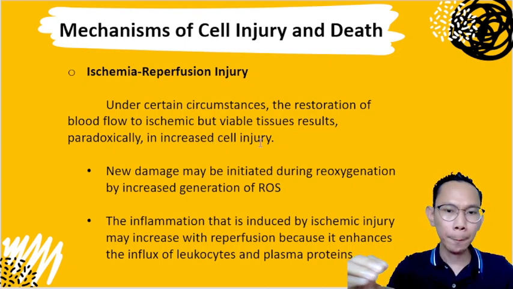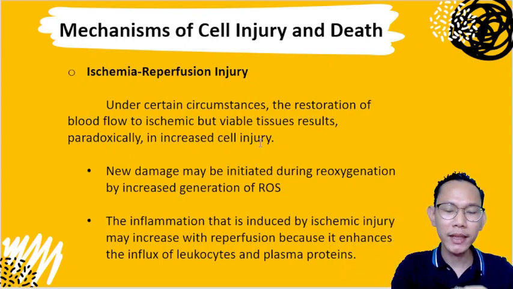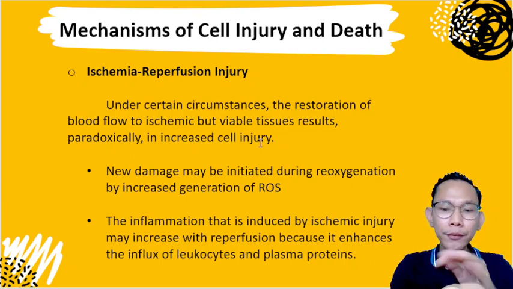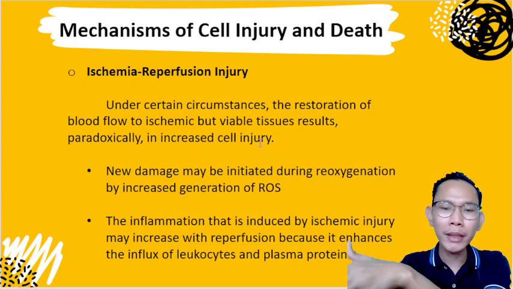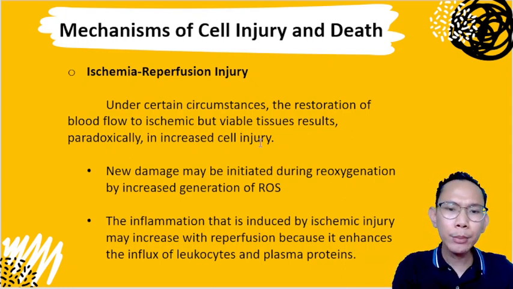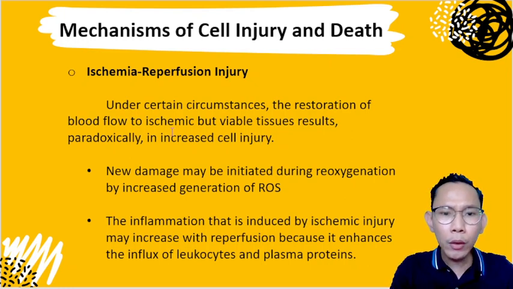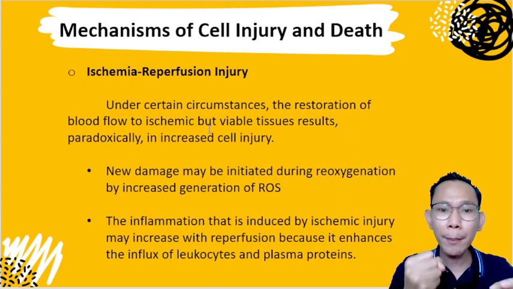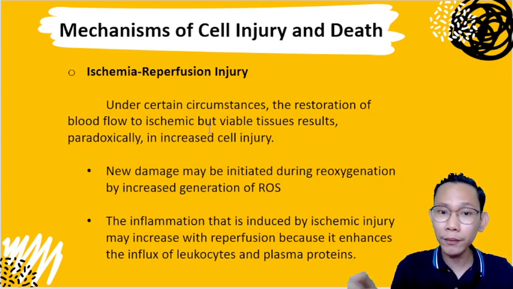May blood flow ka. Ito yung blood vessel mo. May bara sa ating blood vessel. That's gonna be your ischemia. So in short, wala tayong blood flow sa kabila. Walang dumadaan na blood flow dito kasi may bara. Pero, pag inalis mo yung bara, mas lalong nasisira ang cell natin. Bakit kaya? Di ba? Dapat, pag binalik natin, dapat ang goal natin is ibalik yung blood flow. Pero pagbalik natin sa blood flow, mas lalo siyang nasisira.